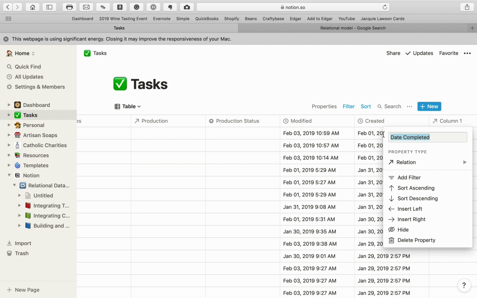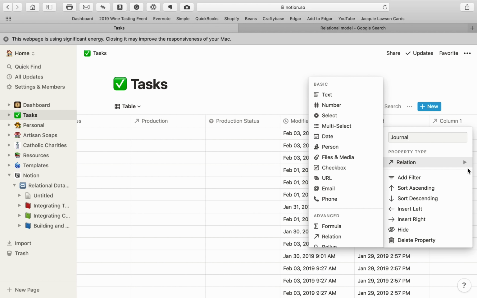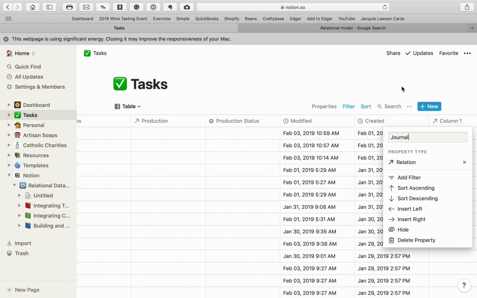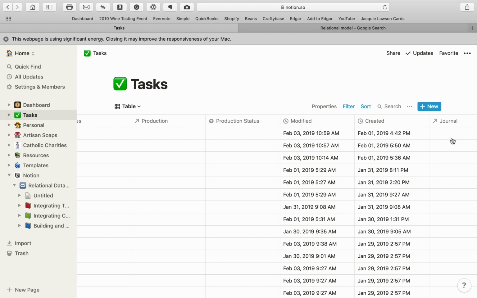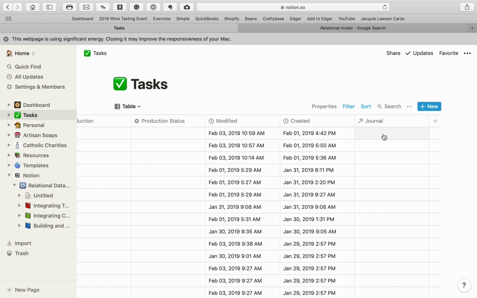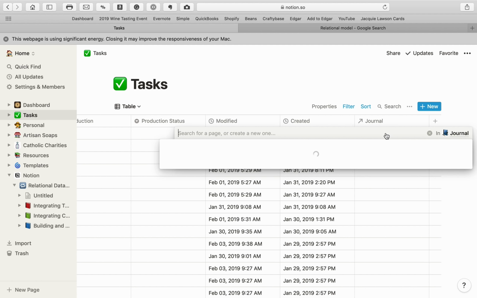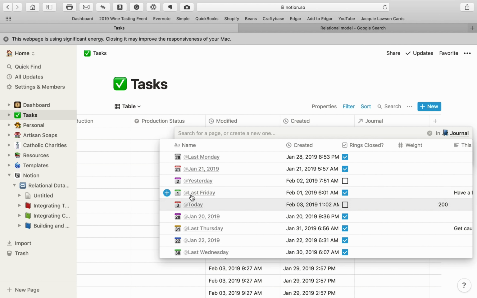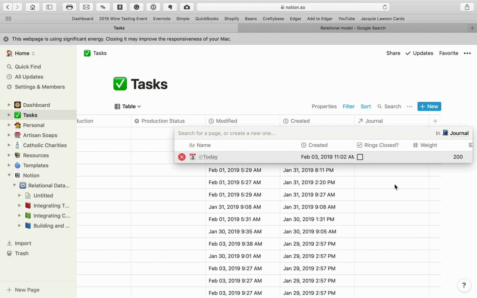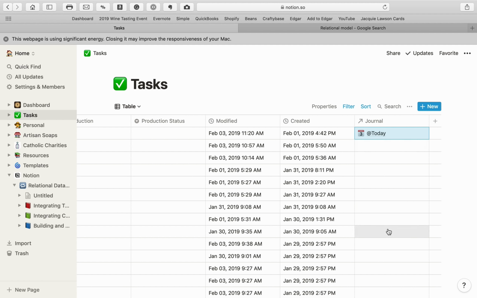You could call it journal, so that you can keep track of where you've connected that. And I'll go ahead and do it here just to keep it different. So now I know that anything I put in here is going to connect to that journal database. So I can put today, click away, there it is. Okay, now if I need to go to that,